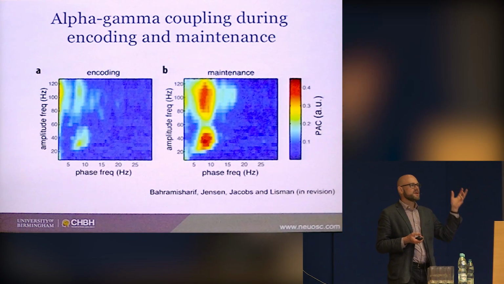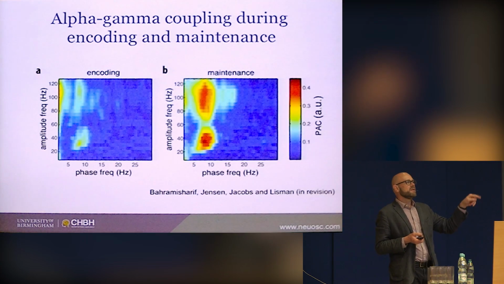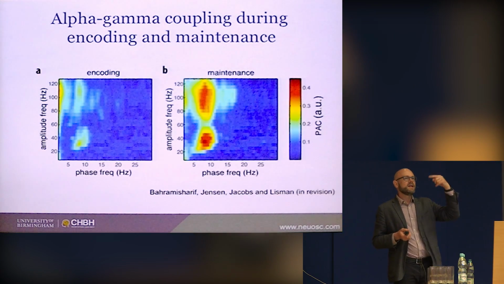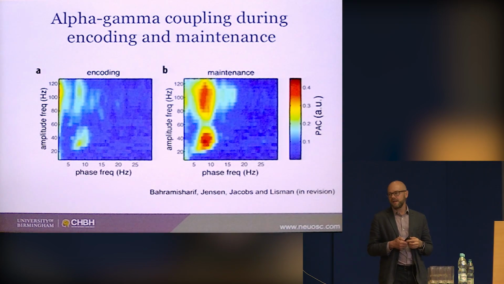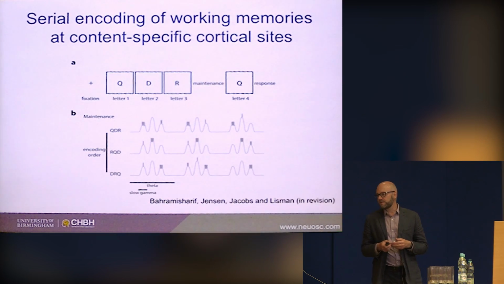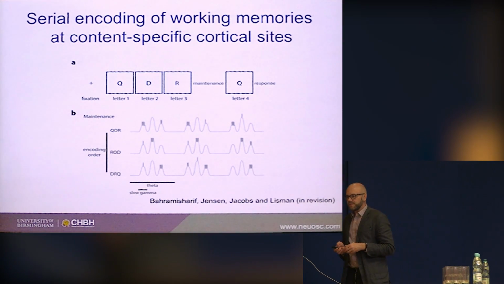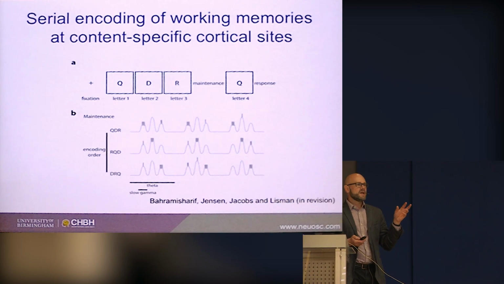So when we think about the ingredients from Lisman's model, first the coupling between the phase of slow oscillations and then the gamma power, then we indeed see that in these data. But of course we wanted to go further than that, and we wanted to look at this phase-specific activation. So this plot here becomes a bit complicated, but what you now should appreciate is that